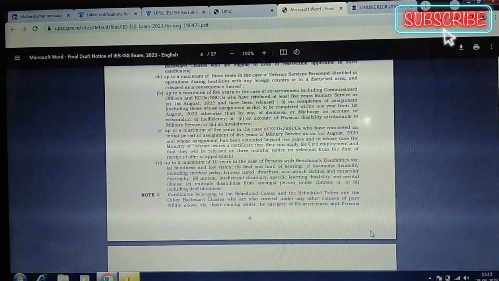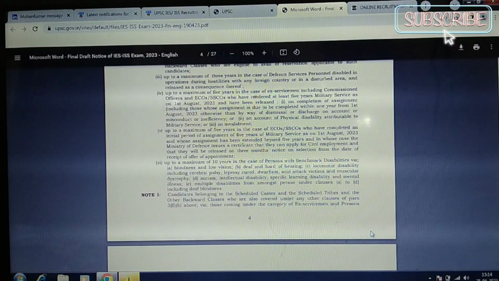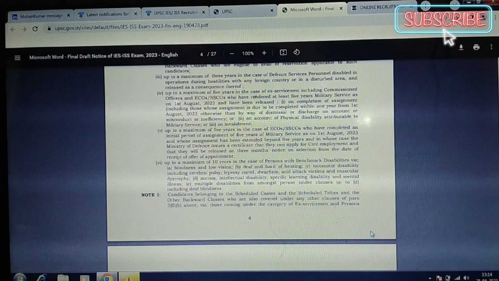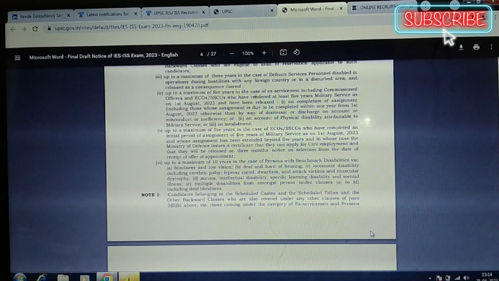So for persons with benchmark disabilities like blindness and low vision, deaf and hard of hearing, locomotor disability including cerebral palsy, leprosy cured, dwarfism, acid attack victims, muscular dystrophy, autism, intellectual disability, specific learning disability, mental illness, multiple disabilities from amongst persons under classes A to D, including deaf-blindness. For these candidates, there is 10 years of exemption, age relaxation, and candidates belonging to SC, ST,